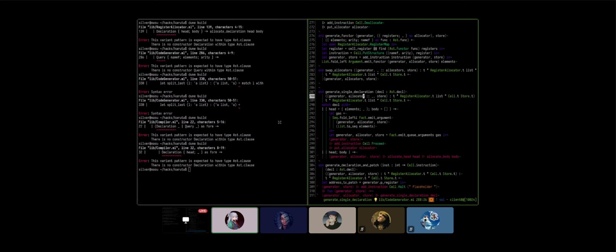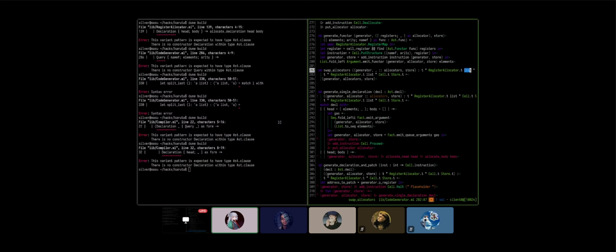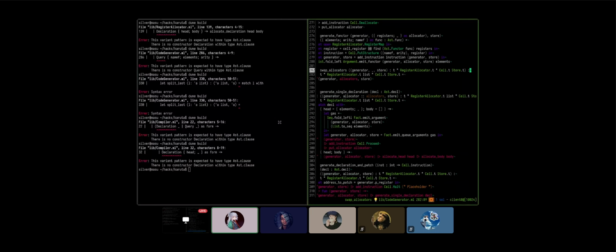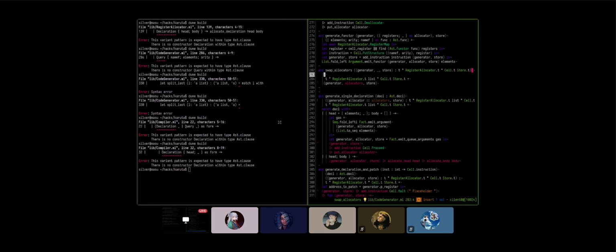No, actually, we do need to remember this. Right, because this is actually swap allocators, because this is the interface between having a single one and having multiple ones. We're going to ignore this completely. And we're going to receive another argument, which is allocators, which is this.